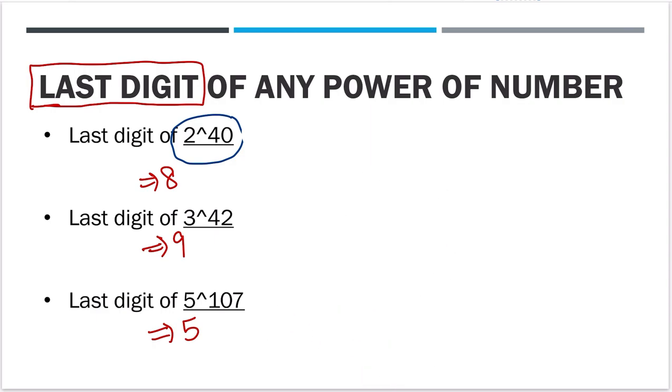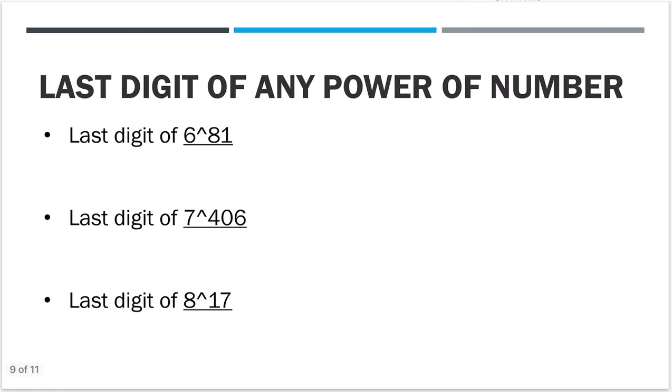Now moving on. Let's check for 6 raised to power. 6 will be 6. 6 squared will be 36, again 6. 6 cubed is 36 times 6, I think that is 216. Or I will just give you an idea. Whenever you are making such a table, do this: 6 raised to power 1 is 6. 6 squared, just do the multiplication here only.